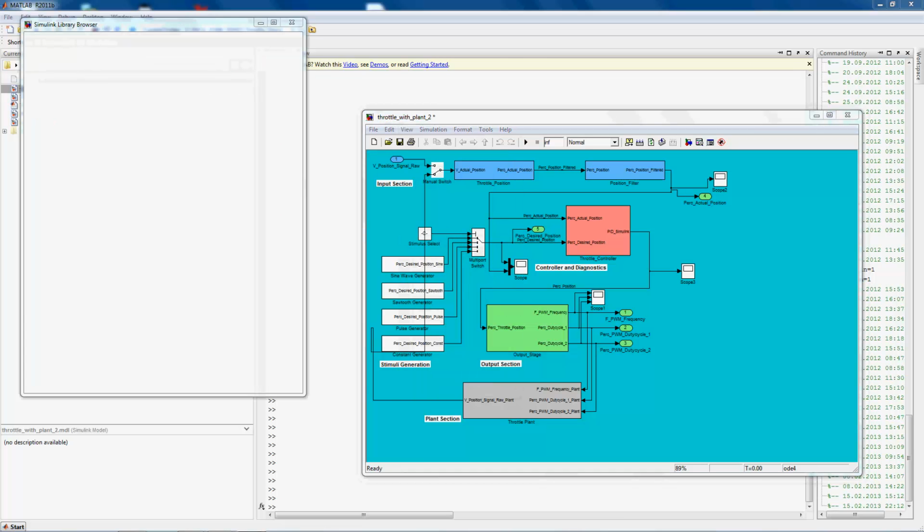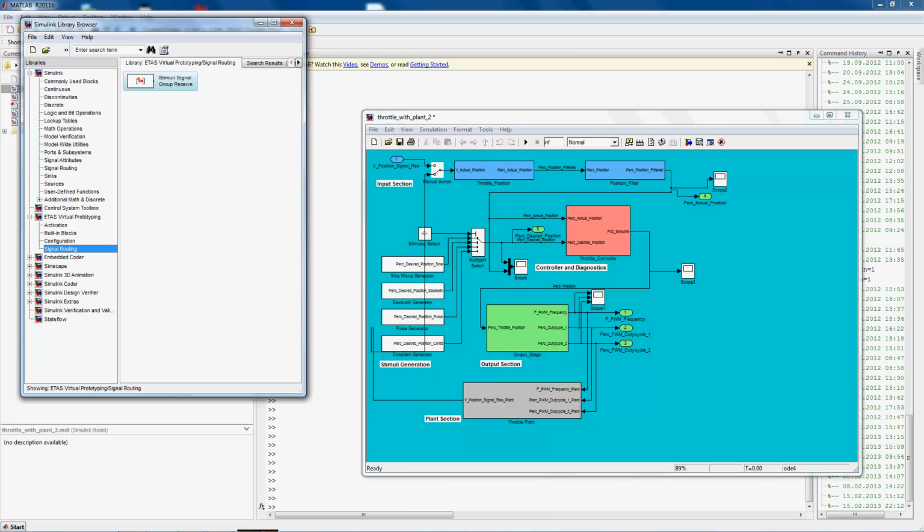In addition to the code generator, several blocks become available natively in Simulink to enable the function developer to orchestrate the simulation of the control function.